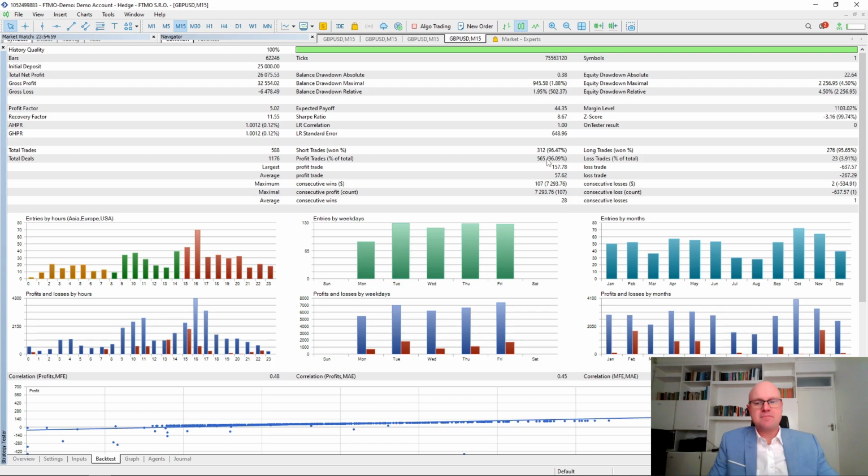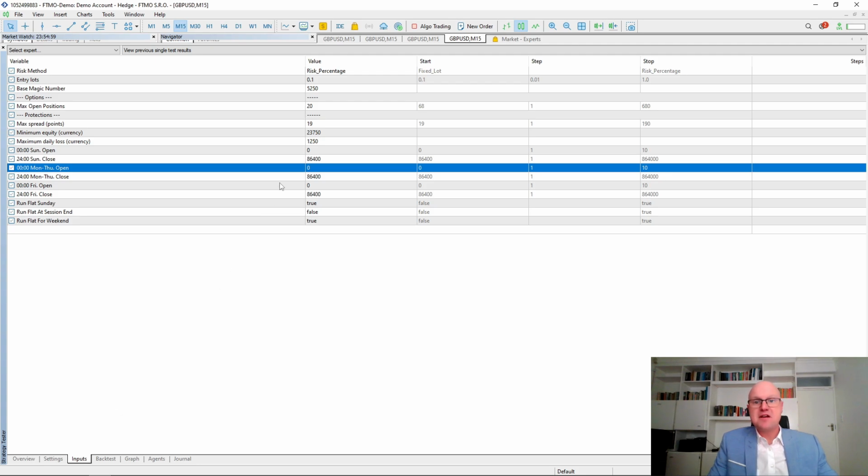So this looks to be a very good candidate for a prop trading robot. Now the settings that I was using was a 0.1 risk percent. However, I did limit the maximum number of open positions to only 20. Then on top of this, very important, I changed the maximum daily loss and minimum equity to match the requirements